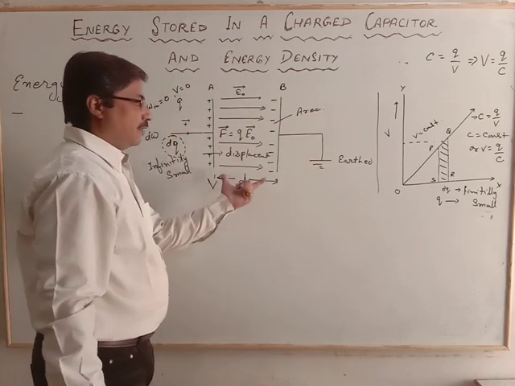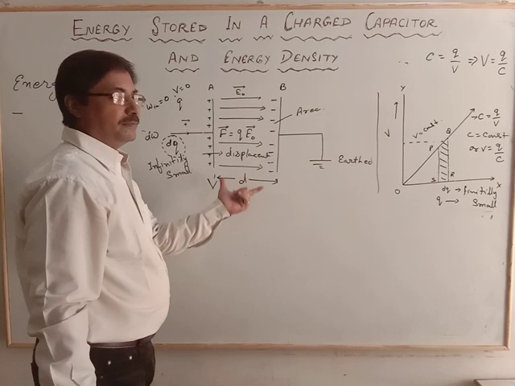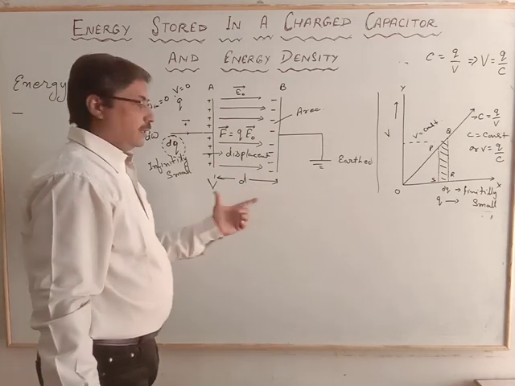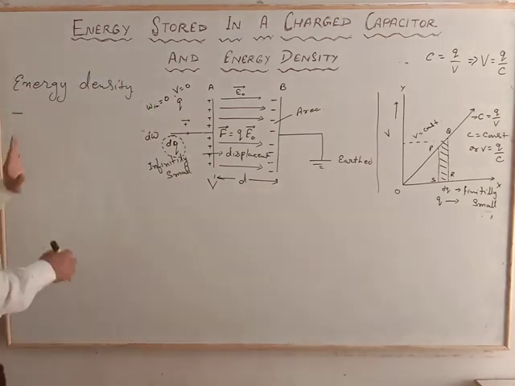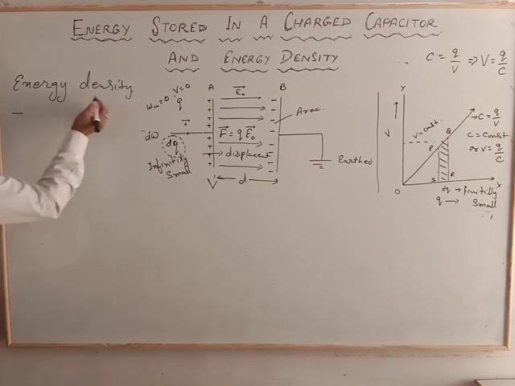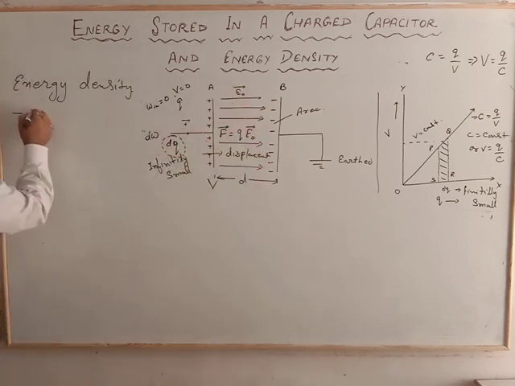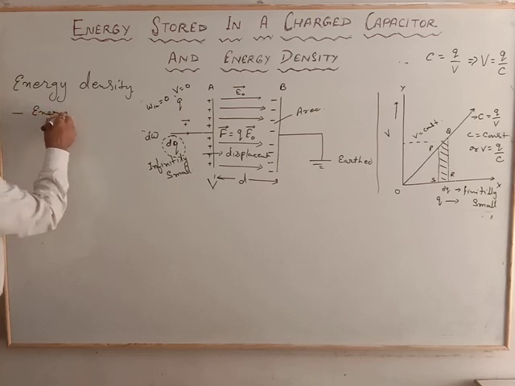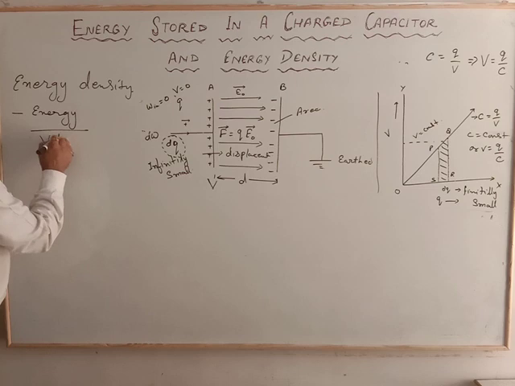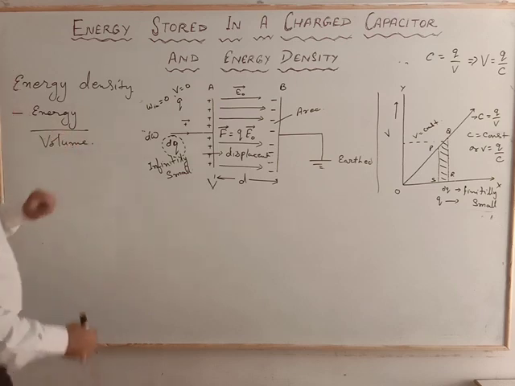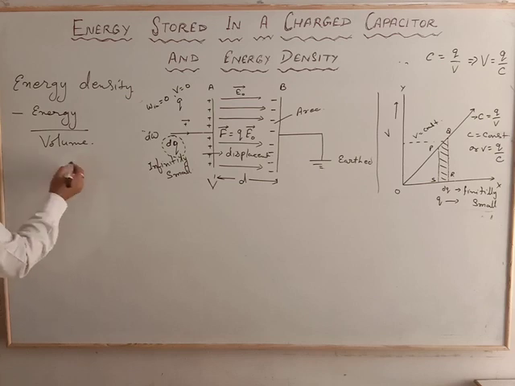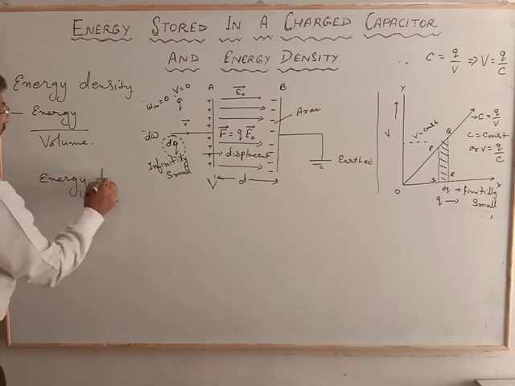That means there is the volume at which the electric field we observe. So the energy density is the energy per unit volume where it is placed. Energy per unit volume. So energy density is written as energy density